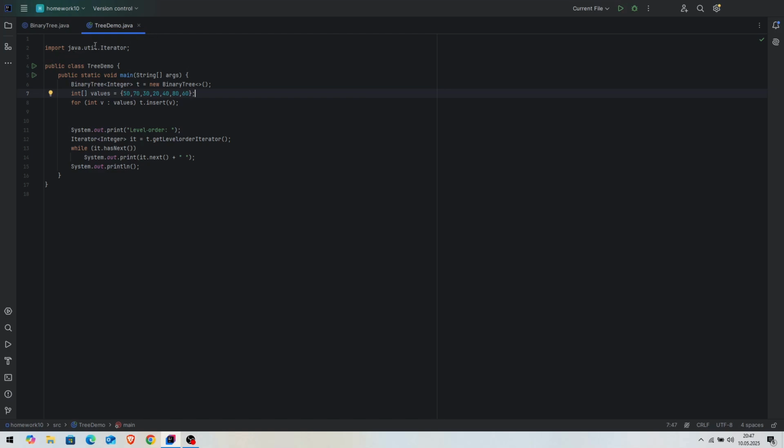When we look at our tree demo in Java, we import java.util.Iterator, and we have public class TreeDemo. It has public static void main String, which is the entry point. BinaryTree of Integer t equals new BinaryTree creates an empty tree of integers, and we build a tiny binary